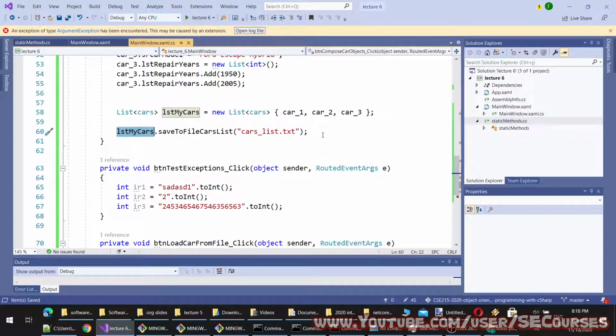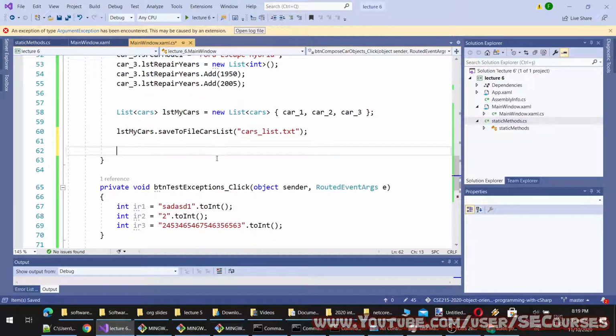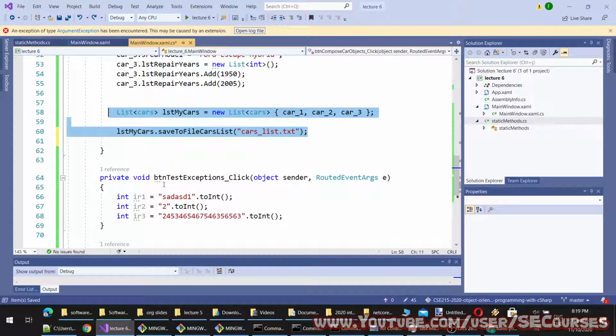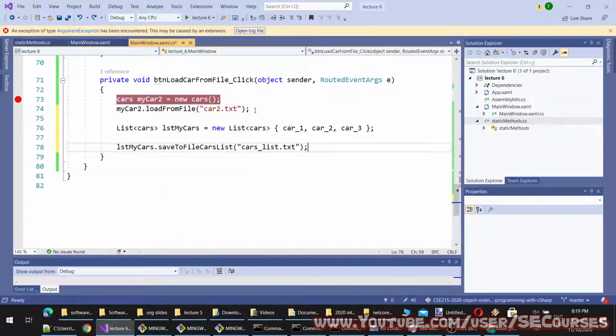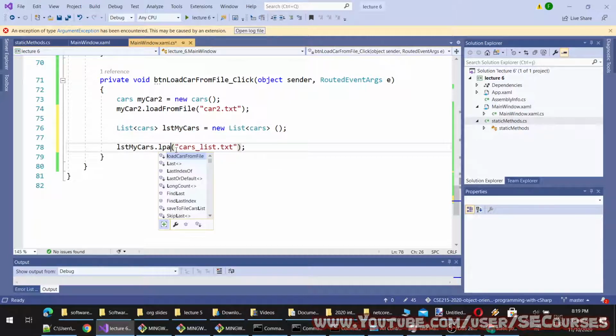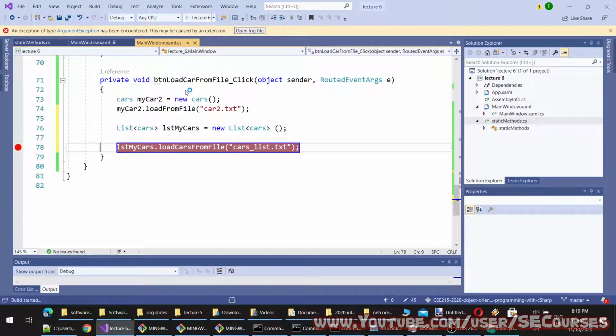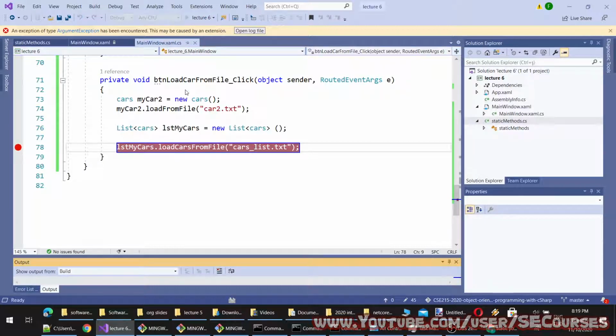We have explained it in the previous lesson. So what I am going to do is run the second example here. Empty cars, and this time we will call load from cars file. Okay, so let's put a breakpoint here to see whether our method is working or not.